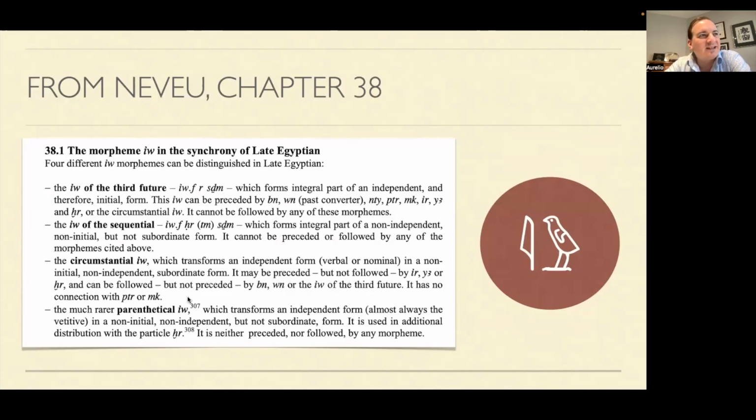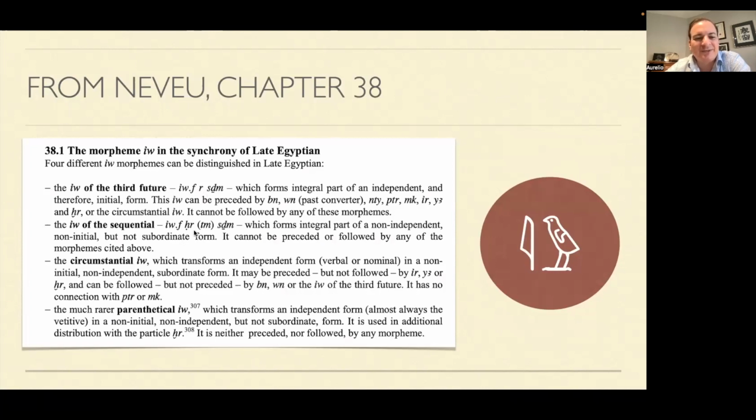And if you say I did my homework, then it's really the word to do. So what I'm basically trying to say is, if you analyze them grammatically, one is a past tense negation marker, one is an emphatic auxiliary or something, and the last one would be a full verb. So I'm thinking if you had asked an Egyptian, they probably would have said, well, it's just iw. You just use it. But in any case, if you want to analyze them grammatically, there is the third future,